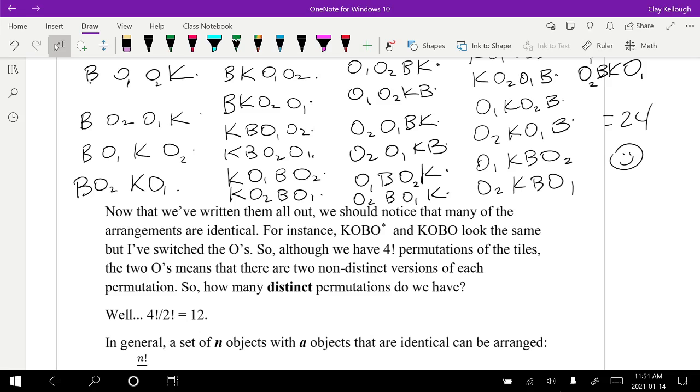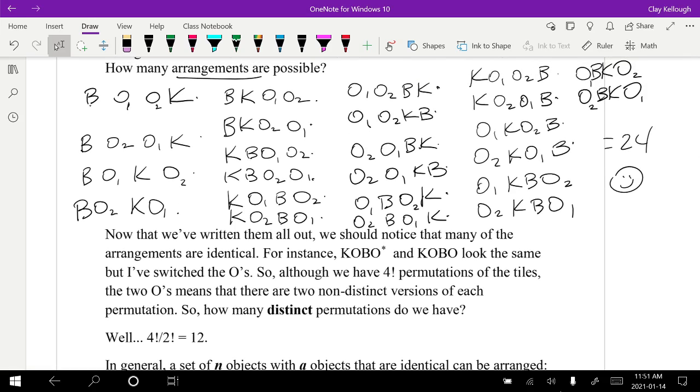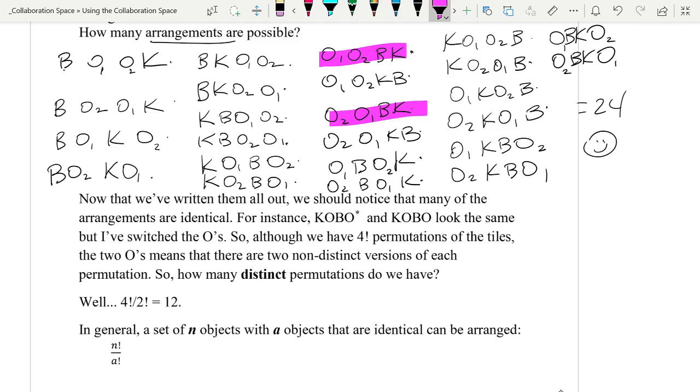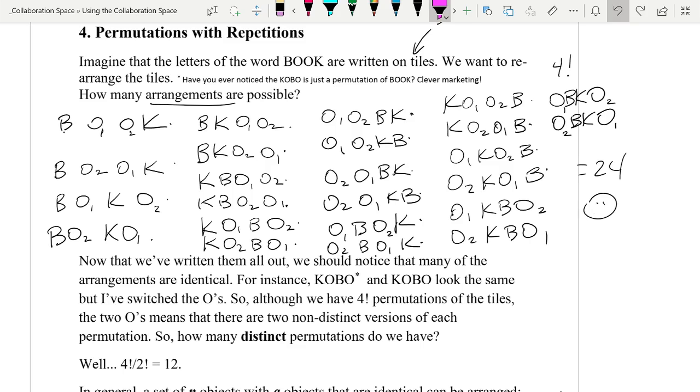So although I have 4 factorial permutations of the tiles, the 2 O's means that there are 2 non-distinct versions of each permutation, right? For every book, there's another book. For every boko, there's another boko. For every single word I spell, there's another way I can spell it thanks to the fact that there are 2